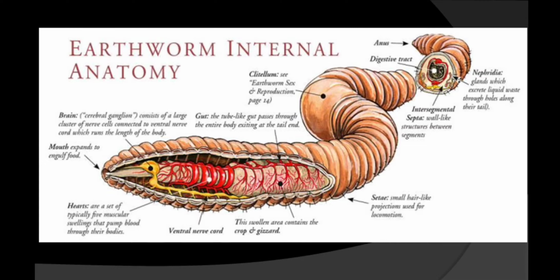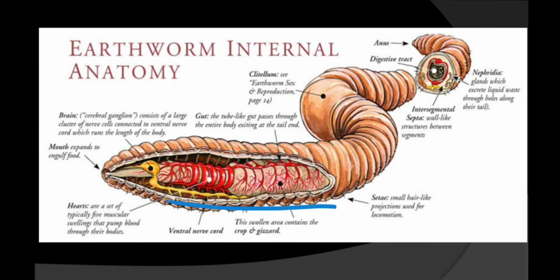Now let's see the earthworm internal anatomy. First focus on the circulatory system. Here you can see, let me take another color, these are the large vessels. These large vessels act as a heart, so they help in pumping the blood. And you know that the earthworm, or this phylum Annelida, has a closed circulatory system with hemoglobin. RBCs are not there, but hemoglobin is directly present in their blood.